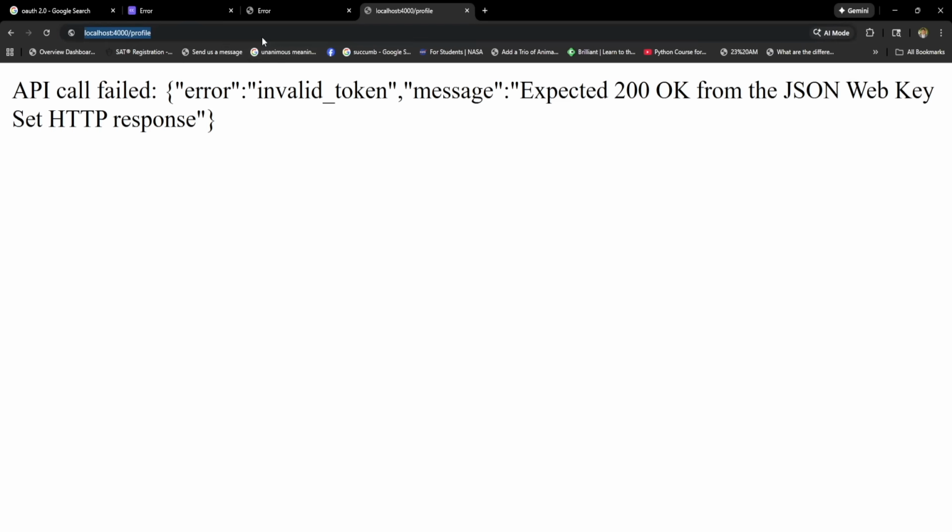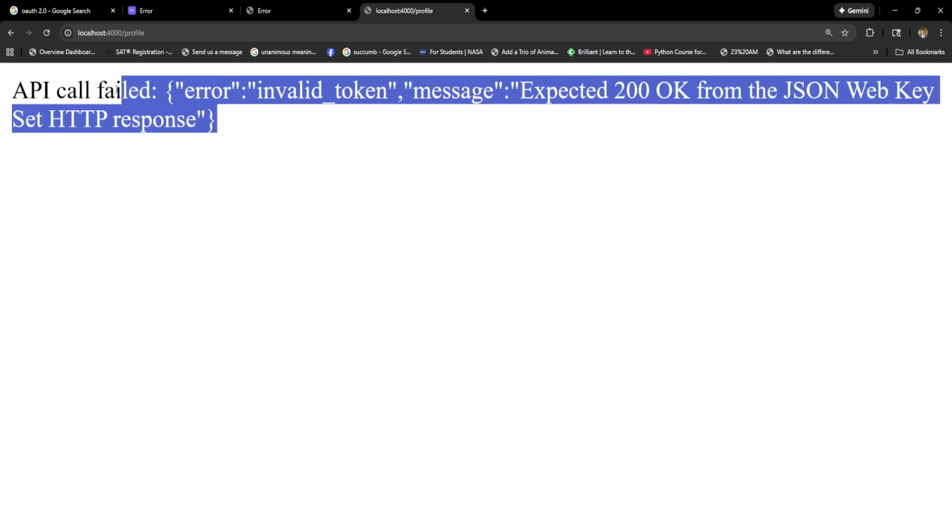So I get the URL, which is this one, but the response is this thing. So this is kind of like an error that we want to fix, and it's common when